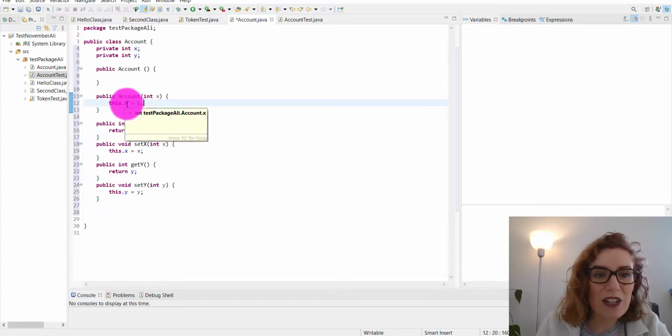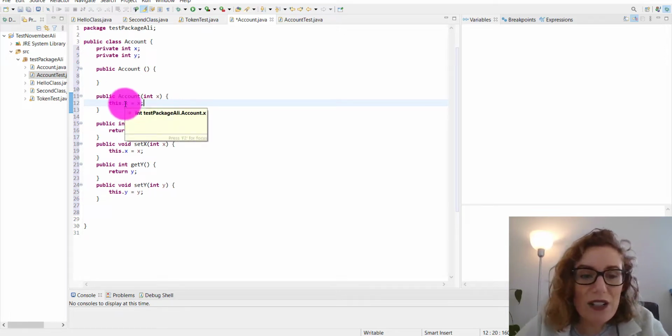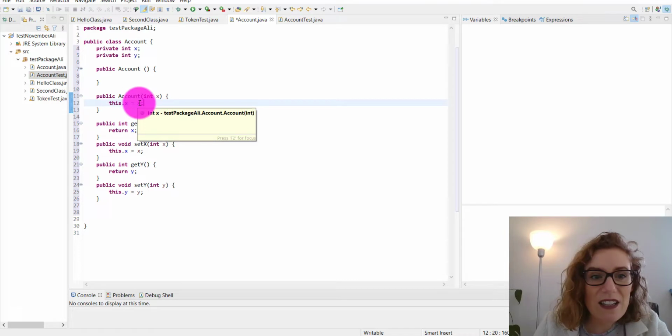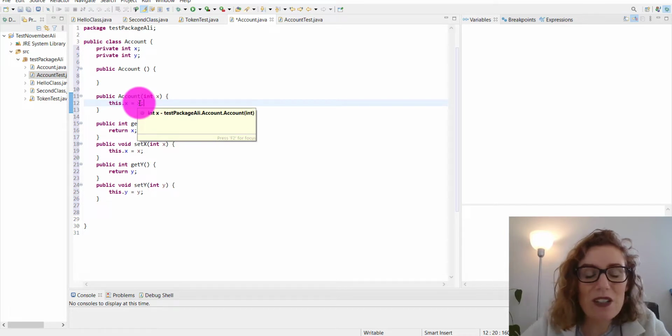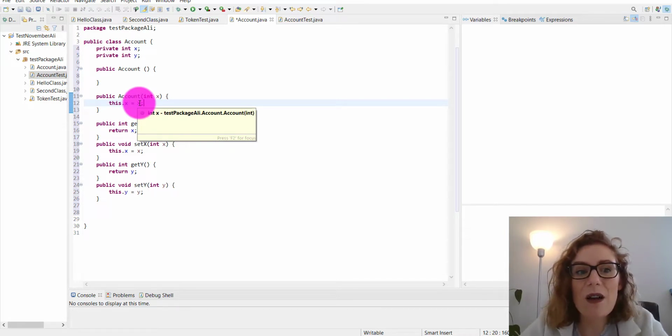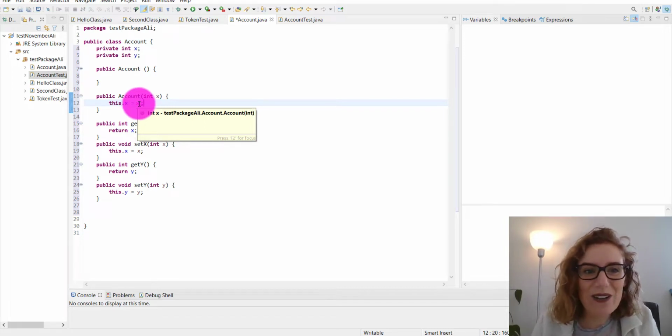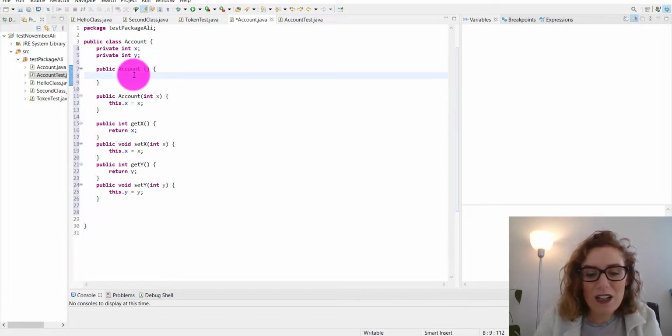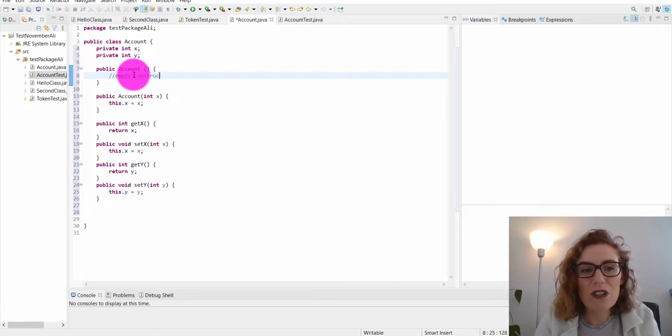So you can see when you hover over it, the int test package ali.account.x, and then this, as I hover over it, is part belonging to the constructor itself, account. I was going to say method. The constructor itself, account. So this is going to be our empty constructor here,